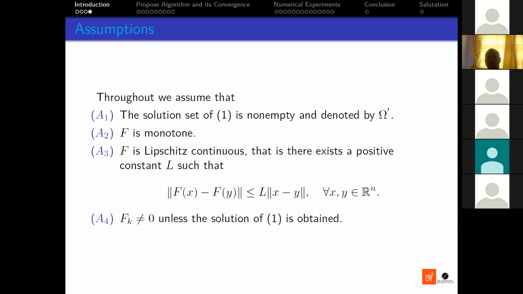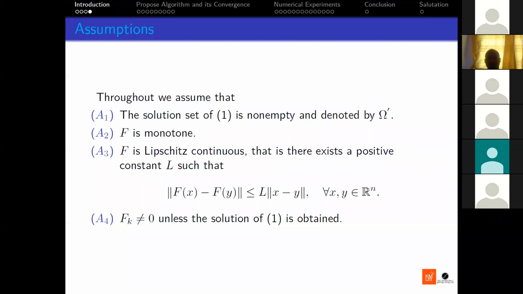It will fail. Theoretically, it will fail because the monotonicity assumption plays a very, very important role in showing the convergence. For example, in lemma 3, in many places you have to use the assumption that F is monotone to establish what you want. So once you remove this monotonicity, then definitely you are going to lose the convergence. So your method may fail. You may not have convergence.